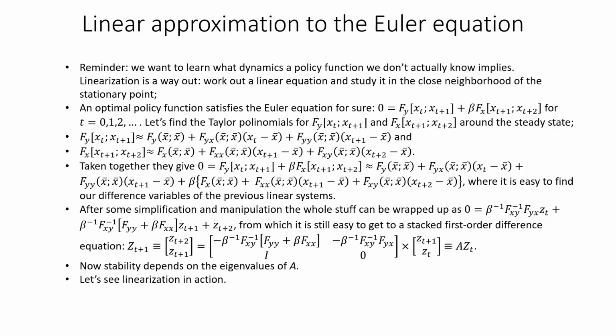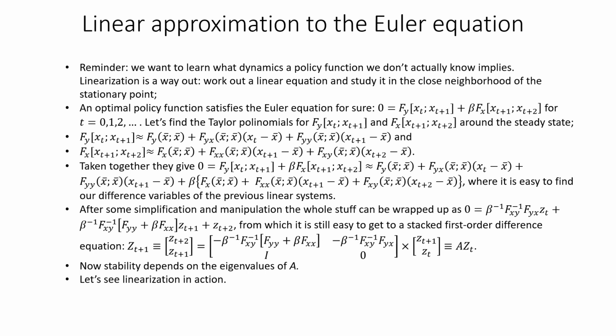Okay, let's go ahead. We have just seen why the eigenvalues of the parameter matrix of a vector linear difference equation are so important, and we are going to use this knowledge in the linearization of the Euler equation. So what we are going to do now, we want to describe as closely as possible the dynamics that a policy function we don't actually know determines, and in these attempts, linearization is a way out. So we want to work out a linear equation in exchange for the nonlinear dynamics, and we want to study in the close neighborhood of the stationary point the behavior of this